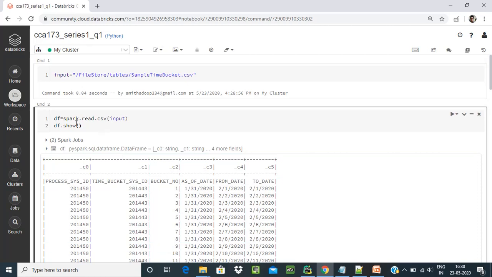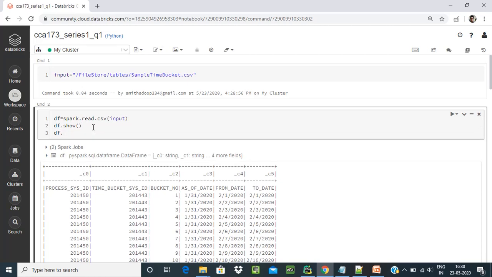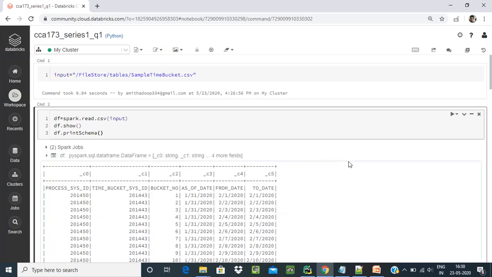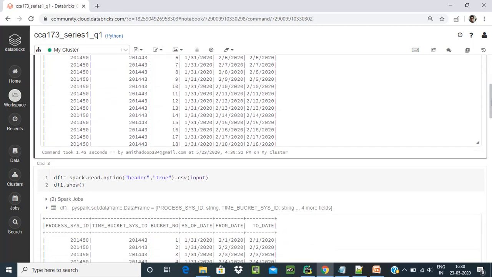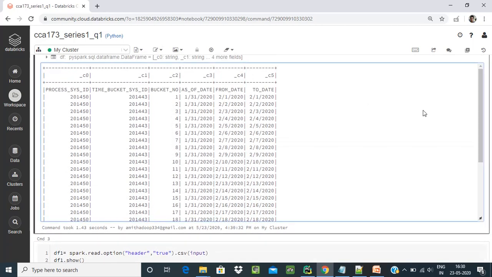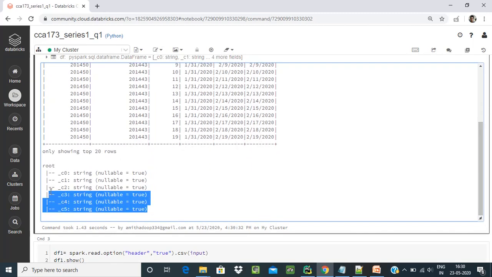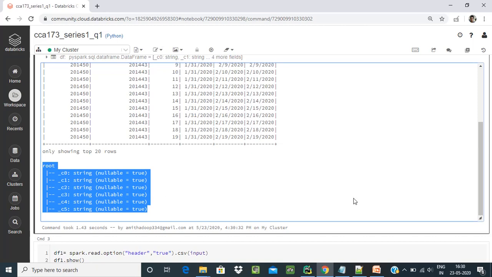And if you check df.printSchema, all the values are string.